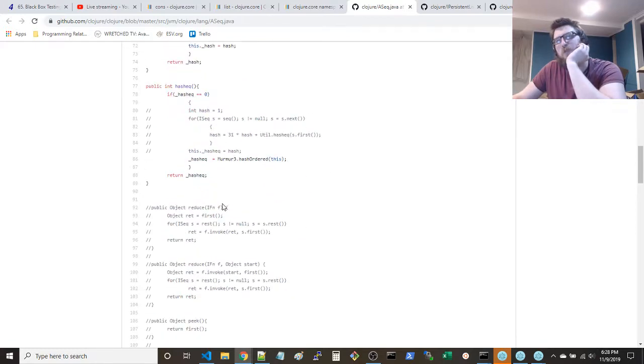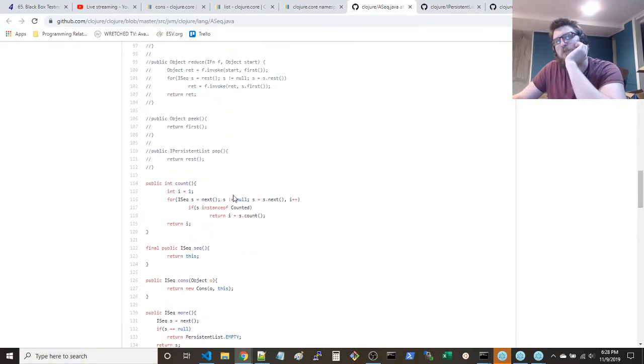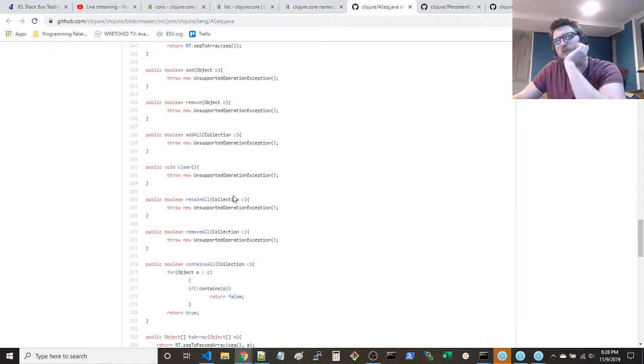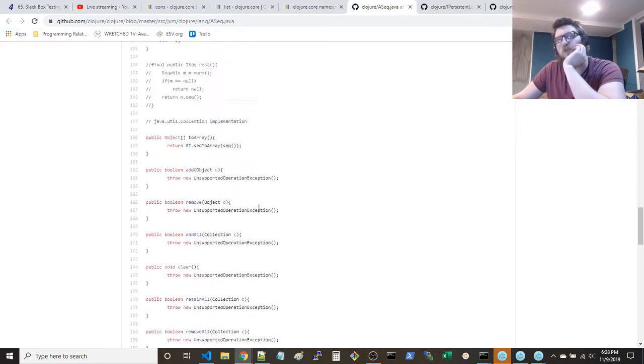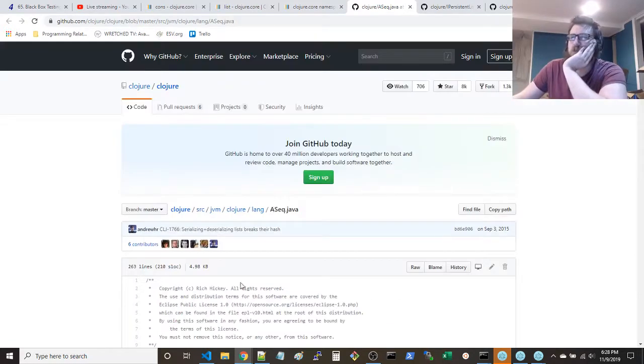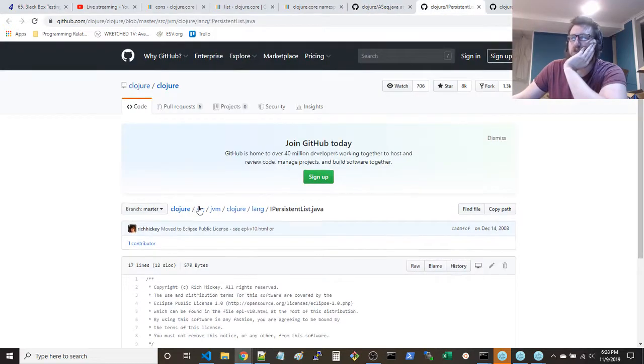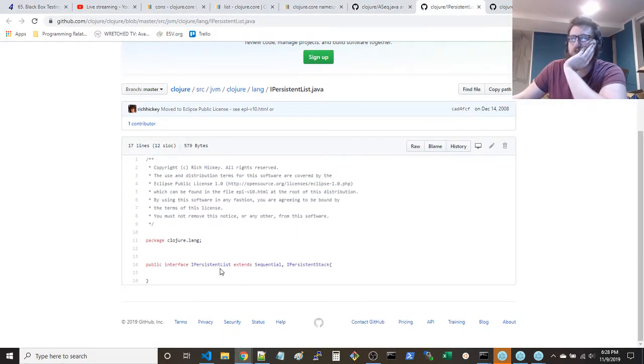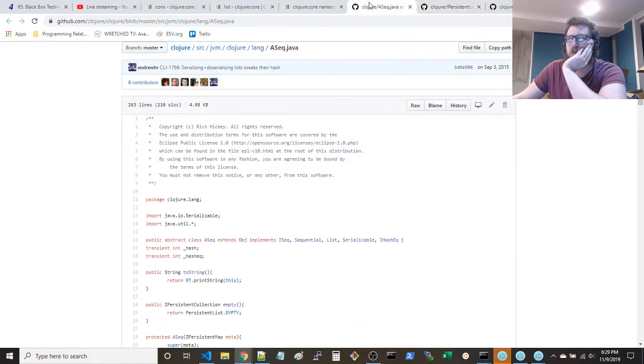What am I looking for here? I don't know if sequence is the same thing as a list. Oh, it's an interface. Oh, sequential. Persistent stack.